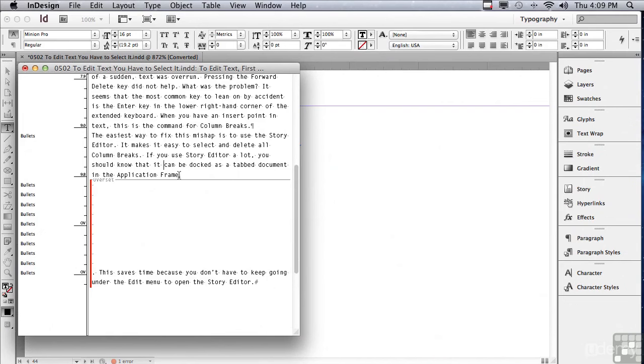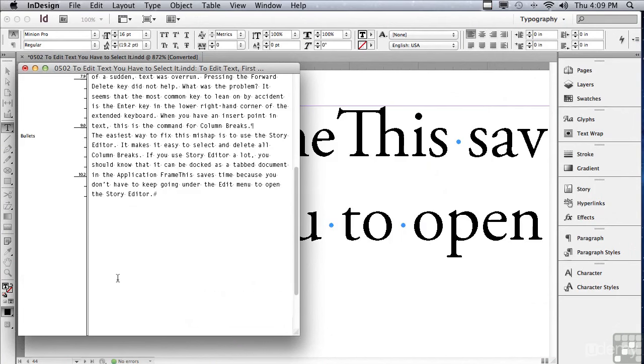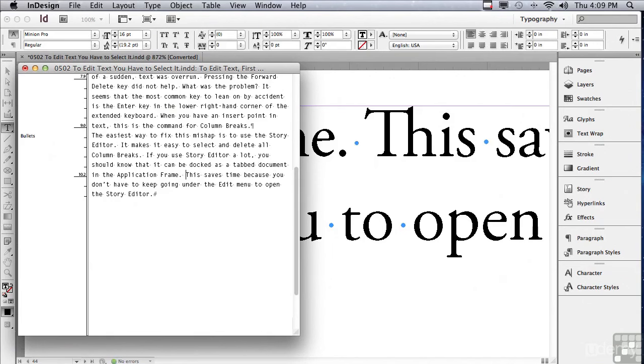I'm going to select the first page break and go all the way down to where my text continues. Now I'm just going to hit delete. Looks like I'm missing a period, so I'm going to type a period and a space. And you can see it actually added that in the layout itself. Let me close my story editor